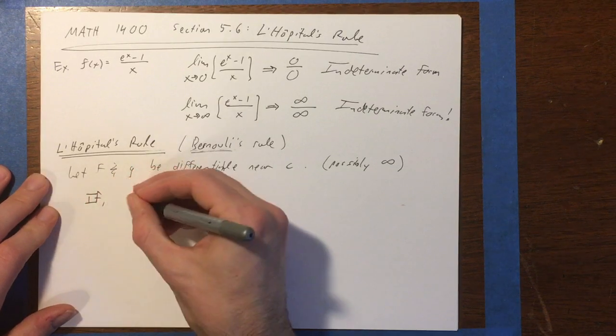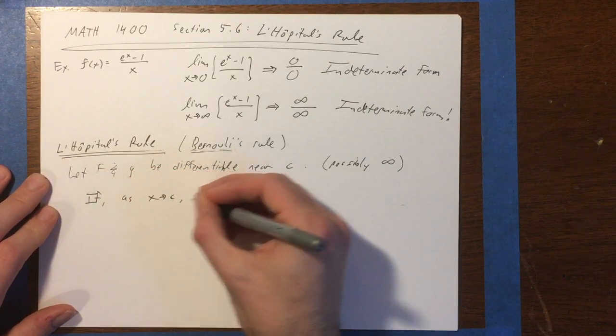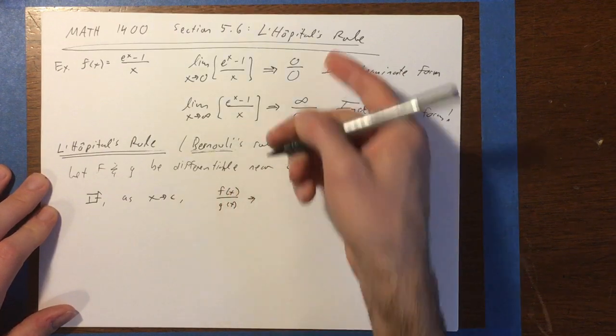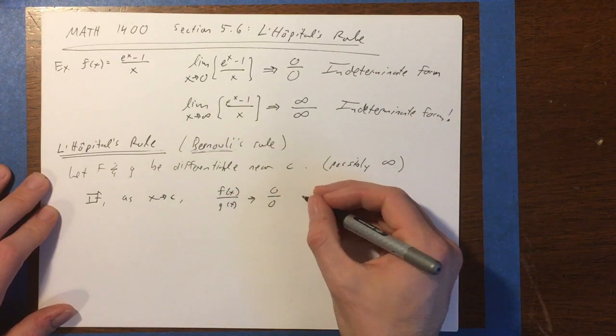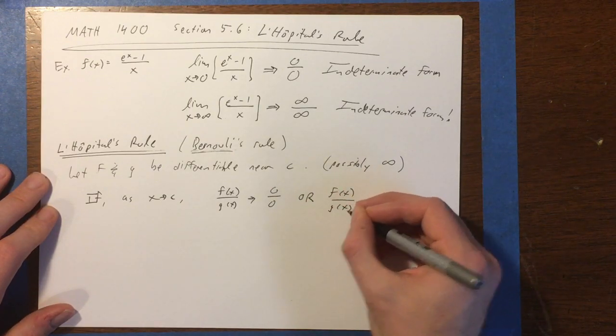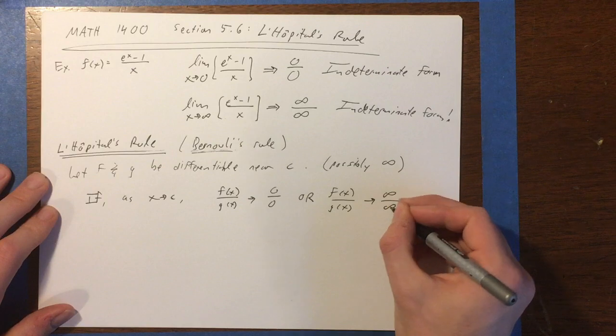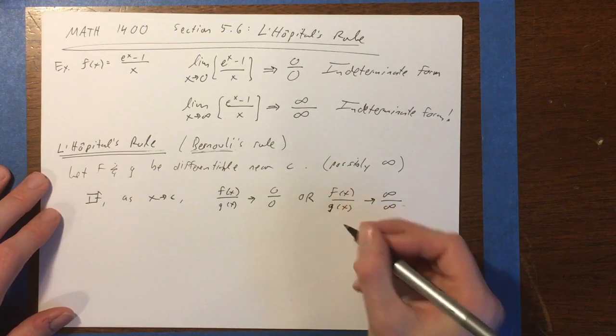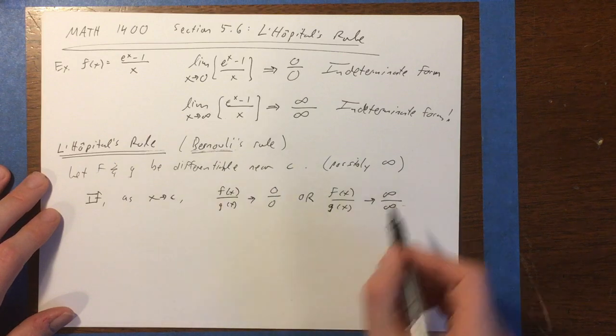If, as x approaches c, the ratio f of x divided by g of x is approaching one of these indeterminate forms, 0 over 0, or infinity over infinity. So if we have a ratio of functions like this, like a quotient, in one of these indeterminate forms, then